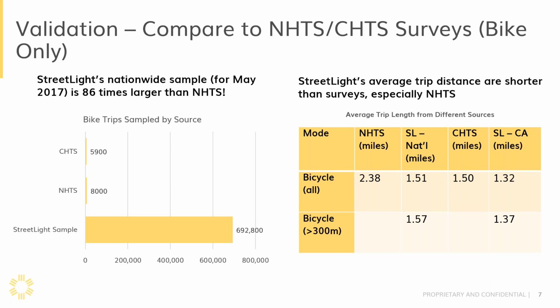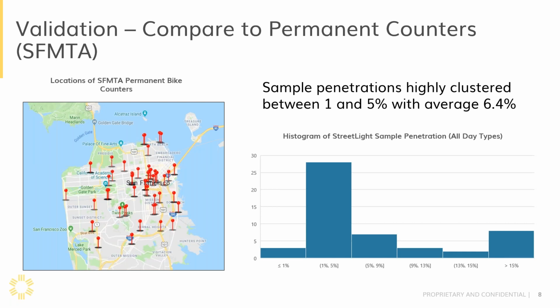The second piece of validation we did was comparing our data to permanent count locations. So when we first rolled out the bicycle data piece, we did that in conjunction with the State Department of Transportation here in California, Caltrans, and they wanted to know how does it compare to what we expect that people are doing, or how's that data validated. And we looked at permanent count locations. We needed continuous permanent count locations, and there's very few cities or regions that have that in the U.S. But when we looked at that, we found that